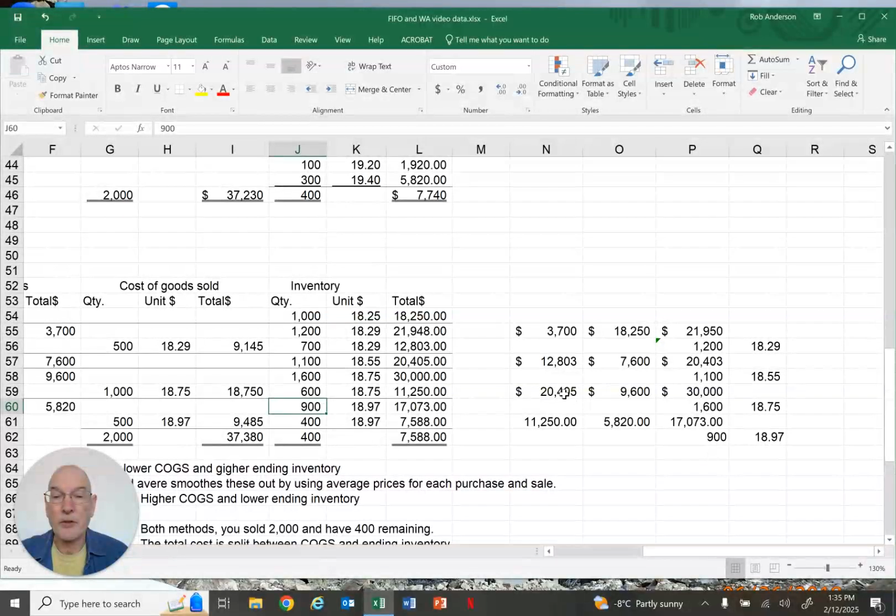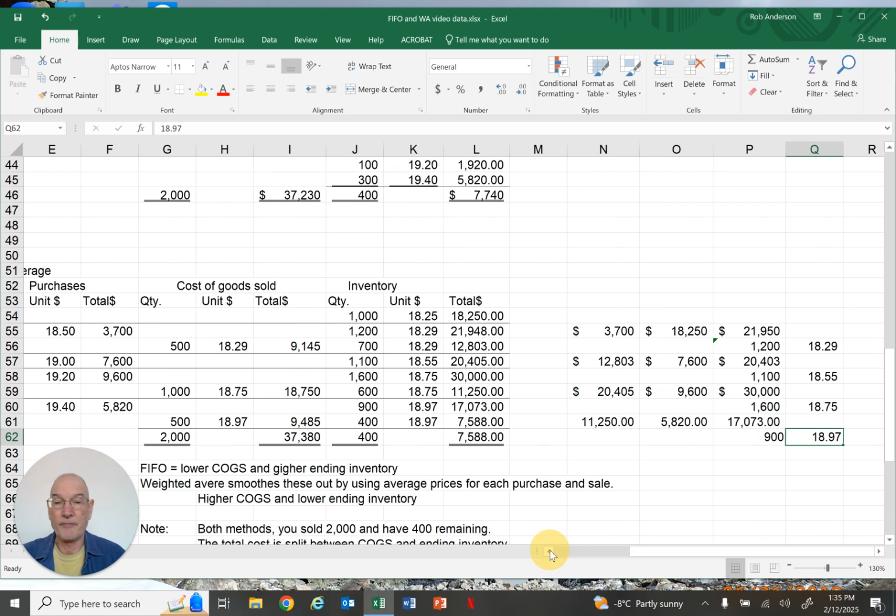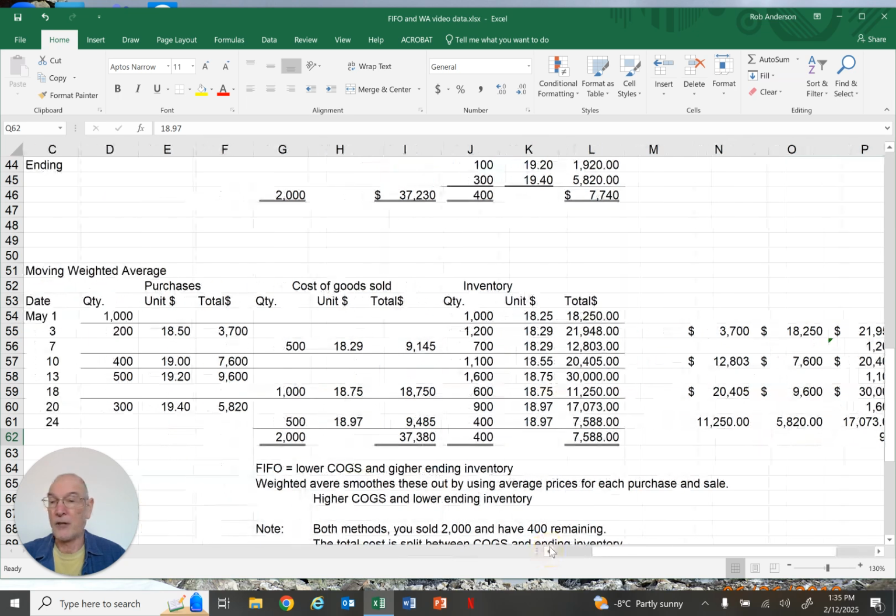So we had 11,250. We spent 58.20 on these. There's our total. Here's our 900 units. 1897 is our new average cost. Now I just got a little mixed up there. You can see how easy it is to get mixed up in this because you're just tracking so many numbers